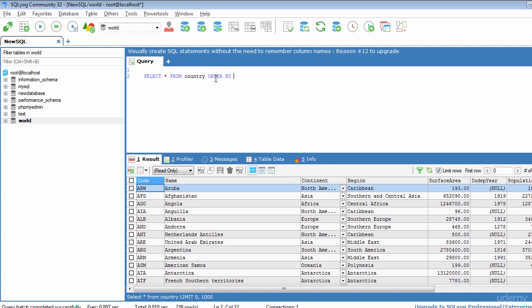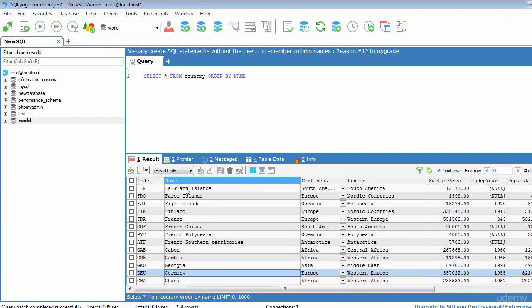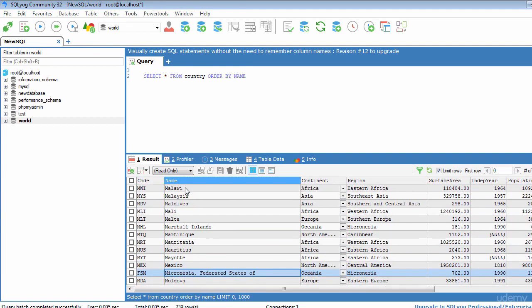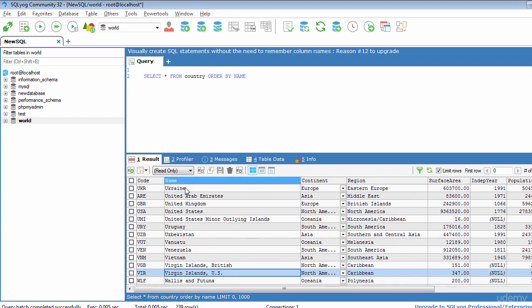Here I'm selecting the name column, and if we execute this query, we can see that the complete set of data inside this name column is sorted alphabetically, and the data is retrieved and sorted in ascending order, meaning A